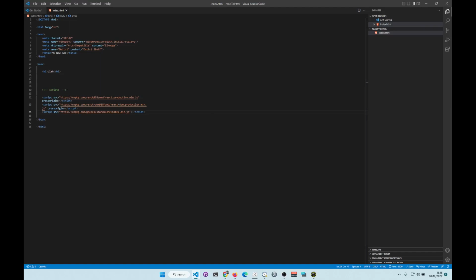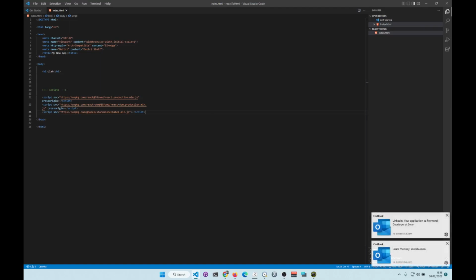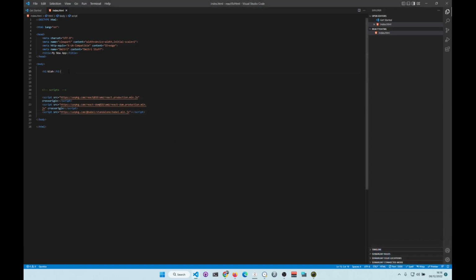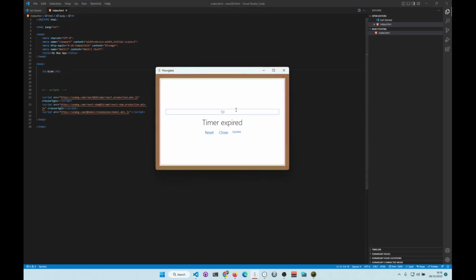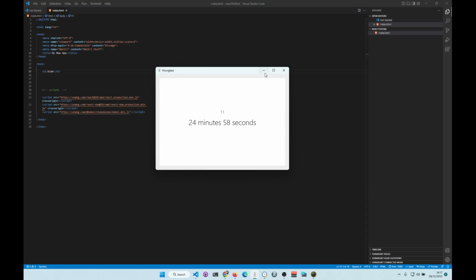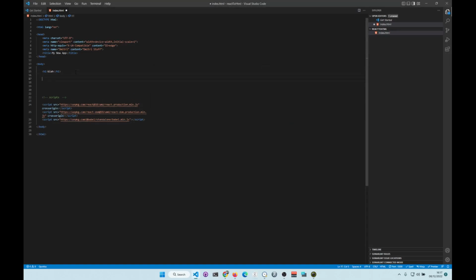So the next thing we need to do is create a div that will host your application, basically. So let's do root, so let's do div id root. So this will be header one. Now you don't need to do that, but you need this one here. Okay, now we need to render